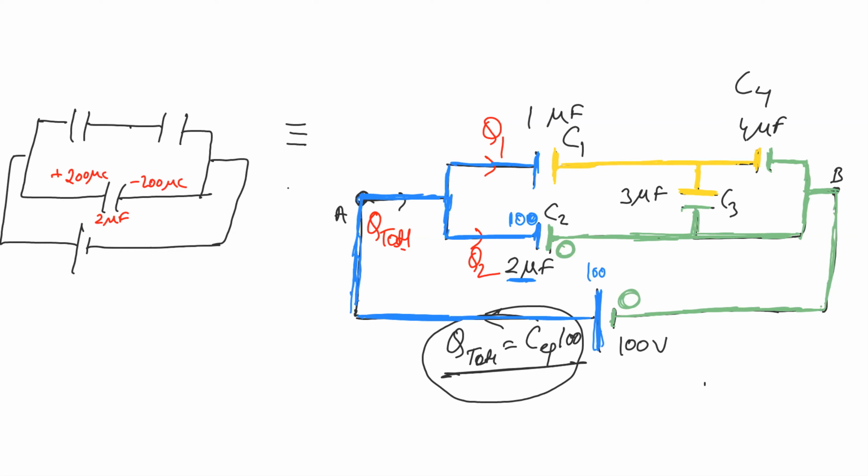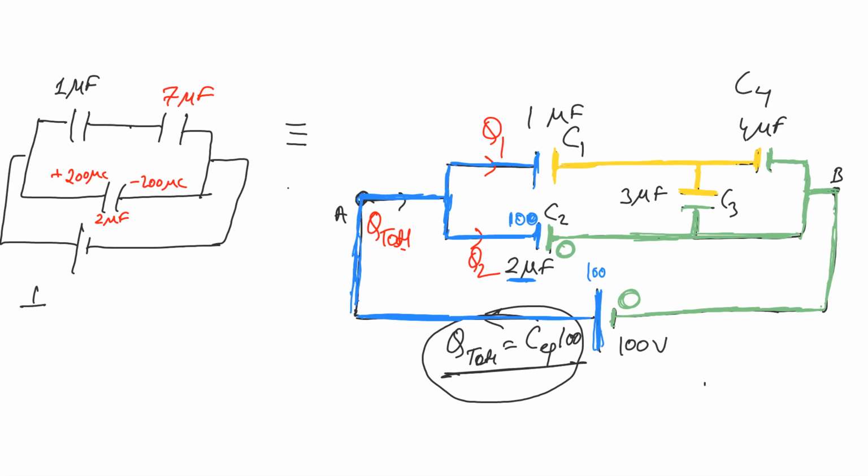And about C3 and C4, how much is the capacitance coming? 4 and 3. How much is it? 4 plus 3. It is a parallel combination. 7. Yes, it is 7 microfarad. And already we have 1 microfarad here. Now 1 microfarad and 7 microfarad, which combination are they? Series combination. Very good. So in that case, what will be the equivalent capacitance?